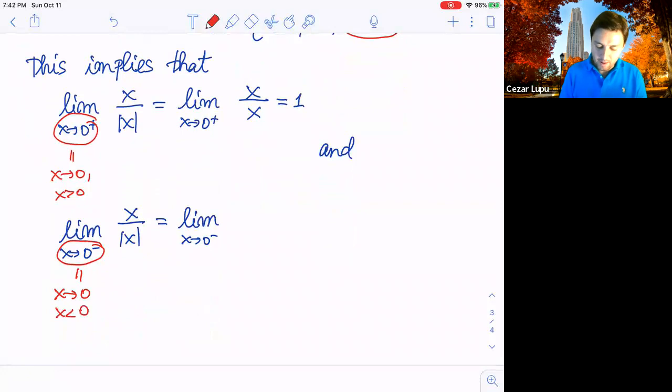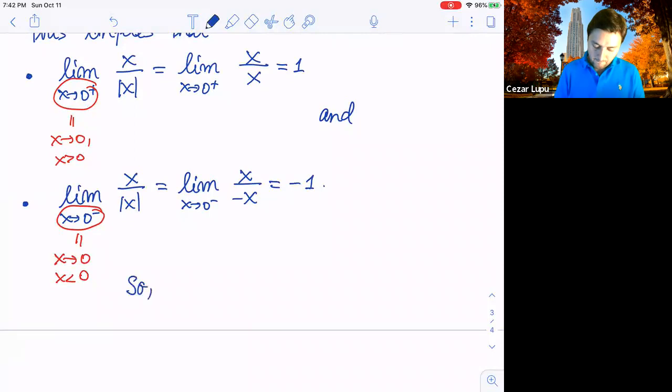So keep that in mind. So this will become the following. So it's x over negative x, which is negative 1. Well, guess what? These two limits do not agree. From the left and from the right, they don't agree. So it follows that the limit,